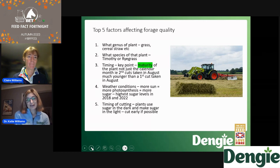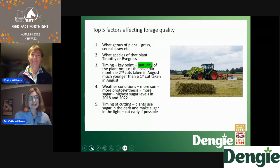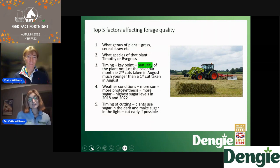One fact I think is interesting is that alfalfa actually stores any sugar in its roots, so it's one of the reasons it's naturally very low in sugar and starch compared to, say, grass-based forages, which tend to be much higher in sugar, because any surplus that it doesn't use, it just puts into the root, and obviously we don't feed that to horses. So it has some funny, quirky adaptations, but that's another reason why it's so difficult to try and make it